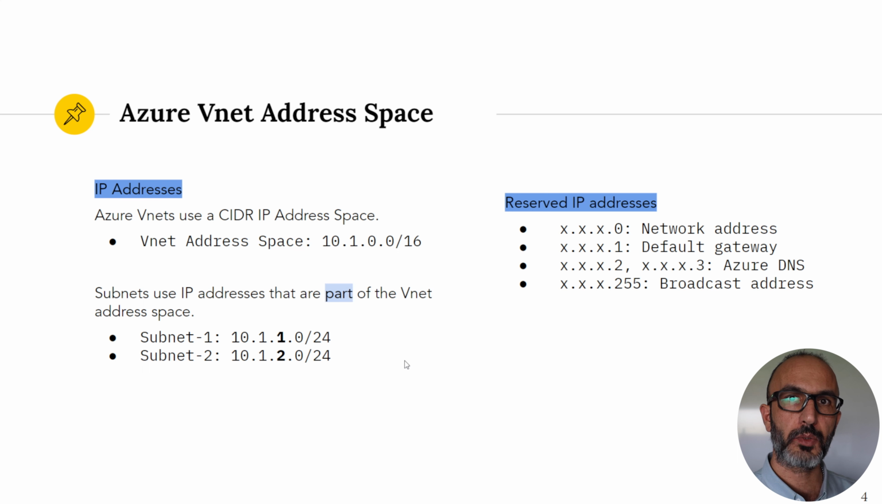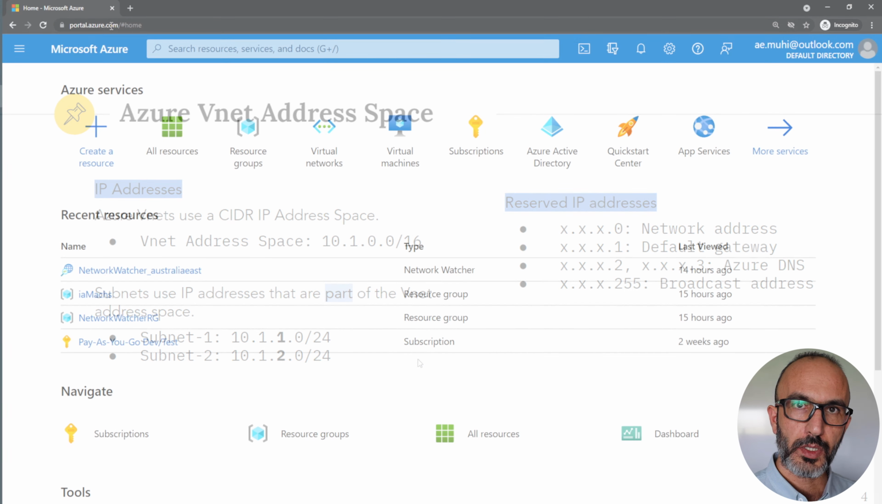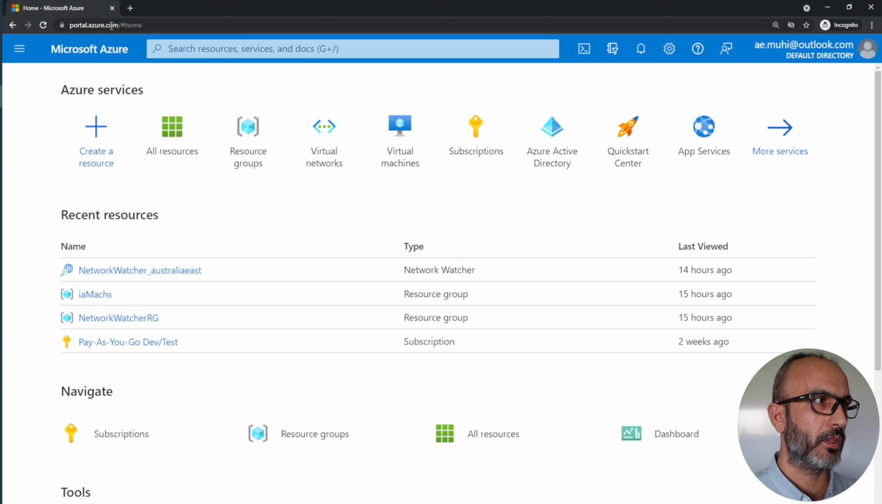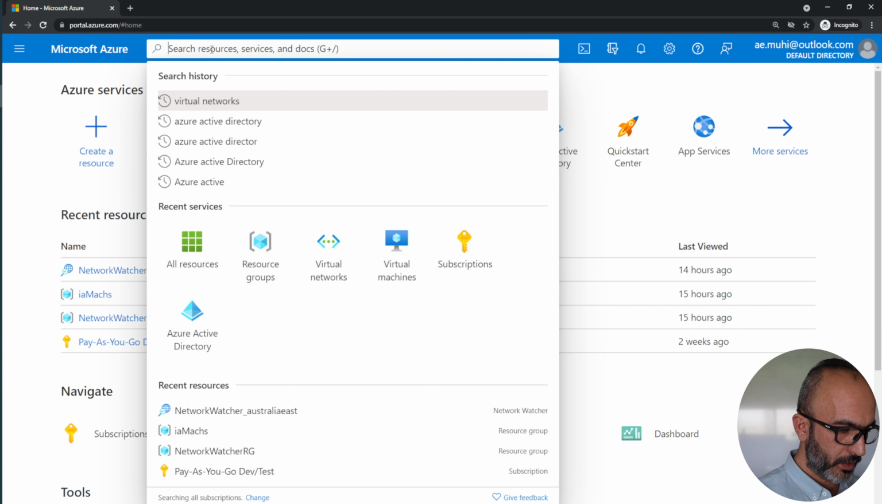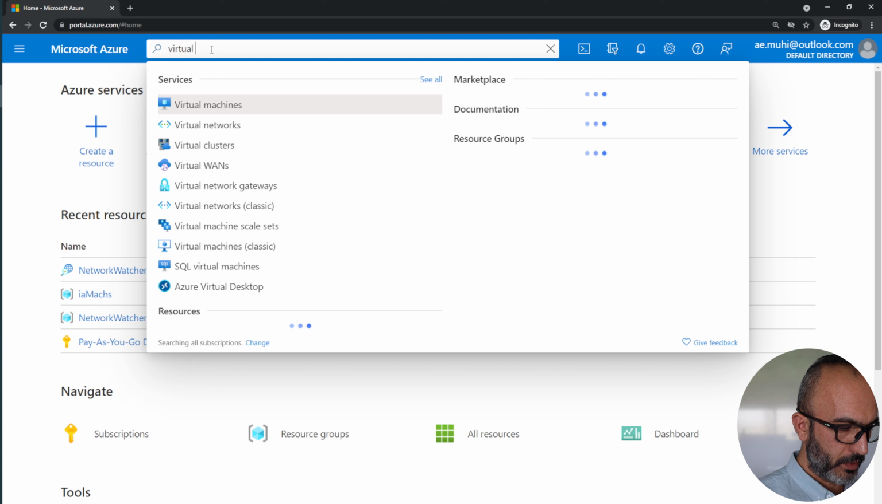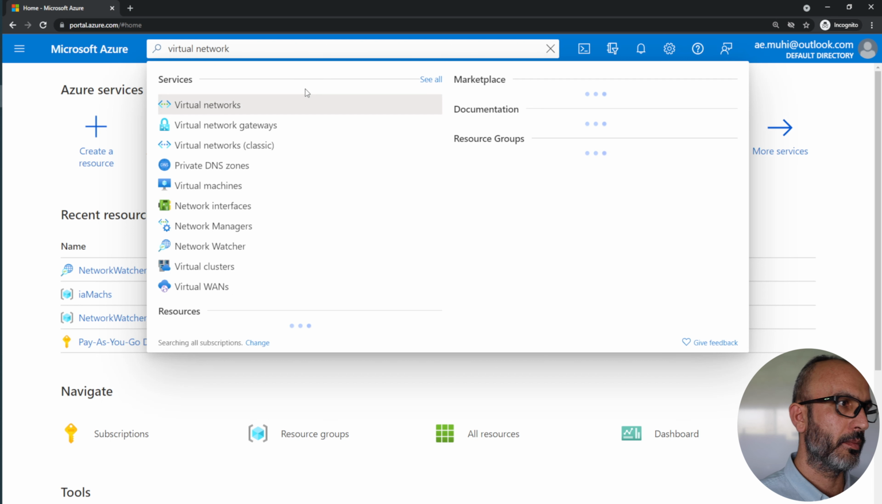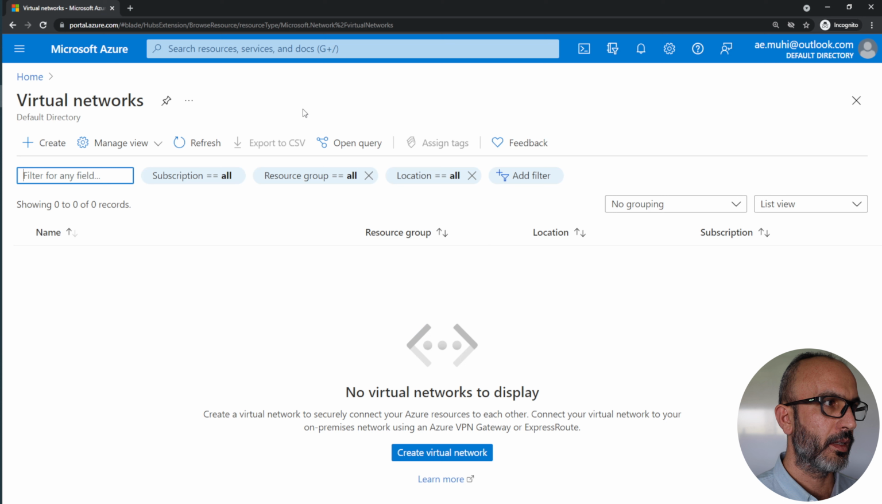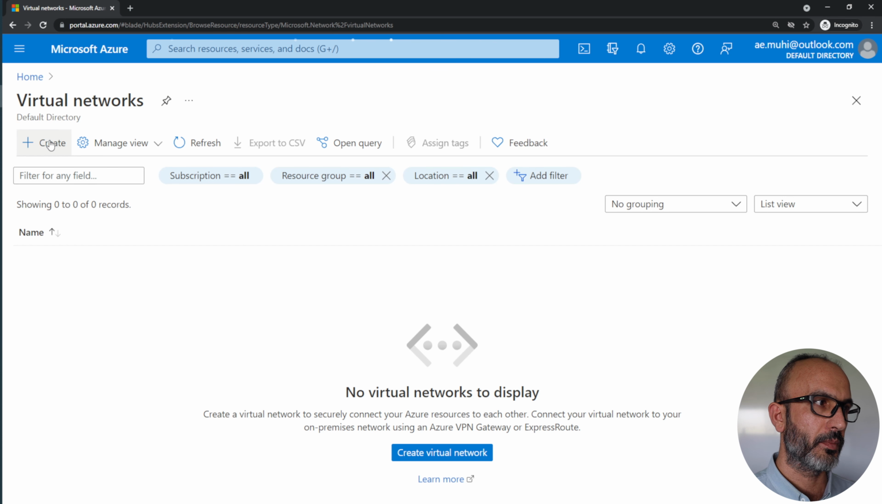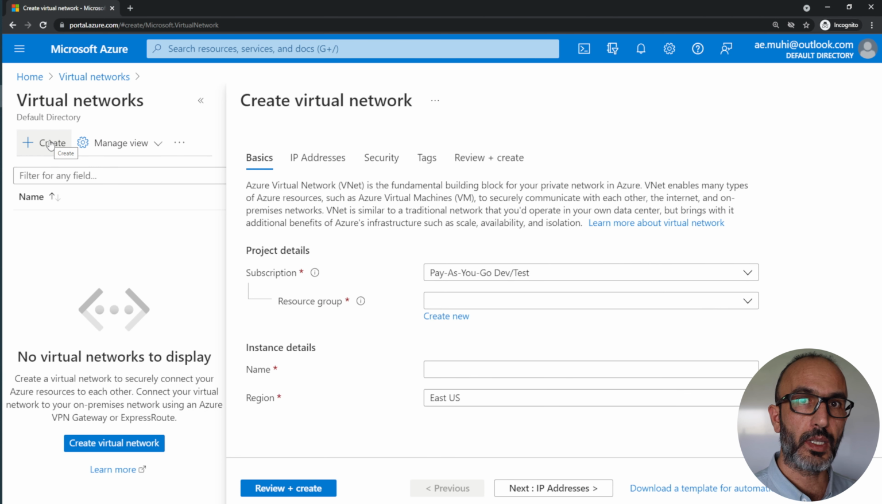I will now show you how to create a VNet and subnet on the Microsoft Azure portal. To start, log into the Azure portal by going to portal.azure.com, and in the Azure portal search, type in virtual network. Click on virtual network in the search results. This will take us to the virtual network blade. To create a new virtual network, click on the plus create,